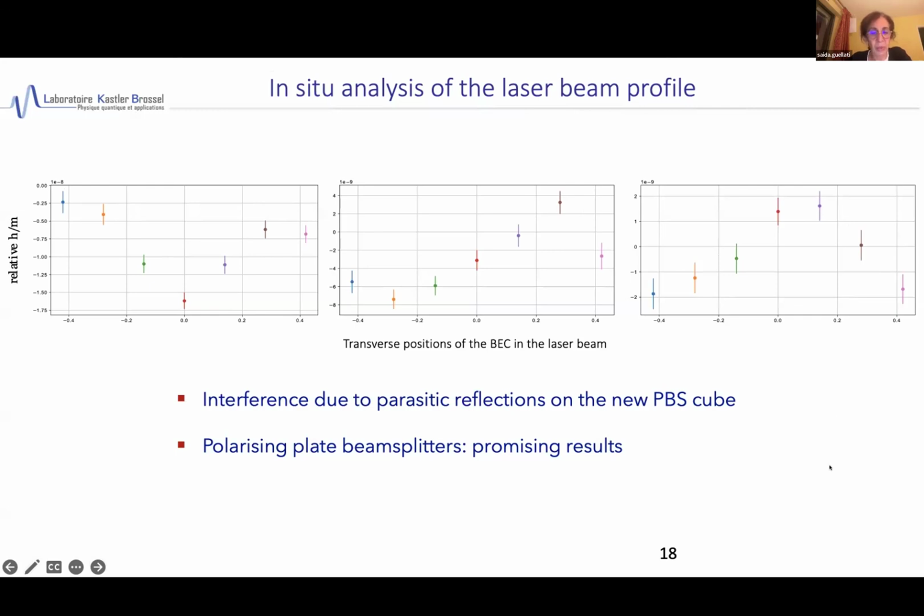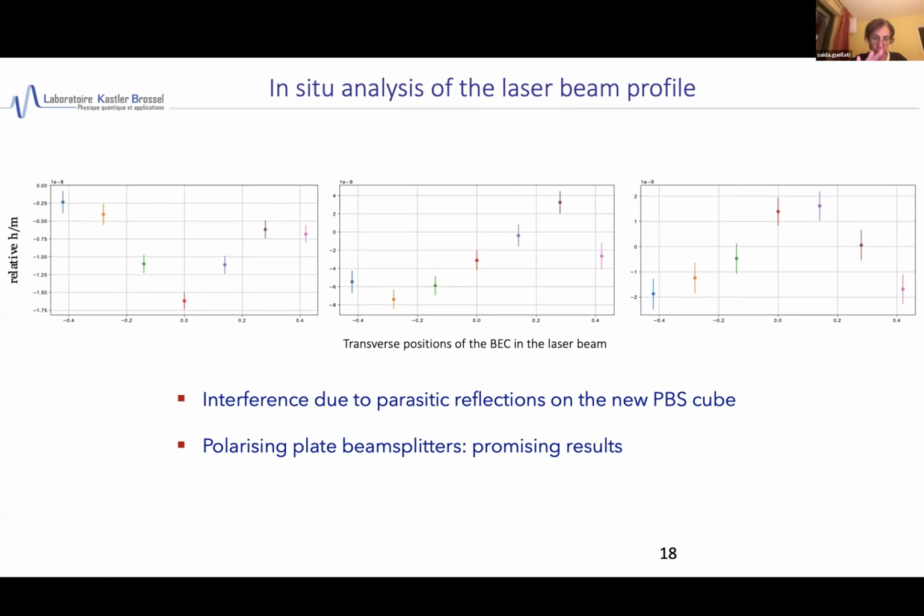Recently, we have used a polarizing plate beam splitter, which gives a flatter profile, and we hope for some promising results. The conclusion of this work is that the Bose-Einstein condensate is not good for measuring H/M, but is good to evaluate the systematic effect due to the distortion. However, to do the measurement, we should use optical molasses, or at least the lensing technique, because we need a large atomic cloud to